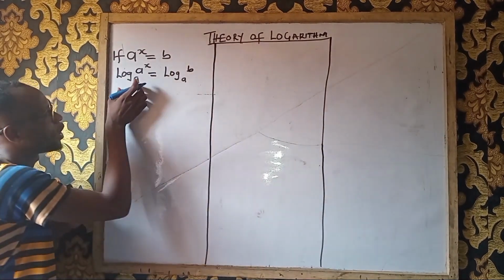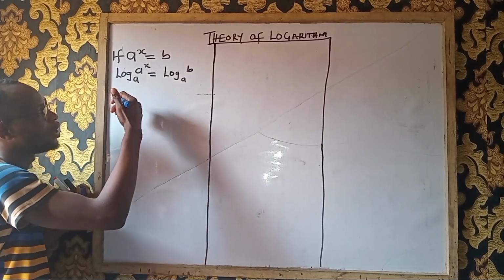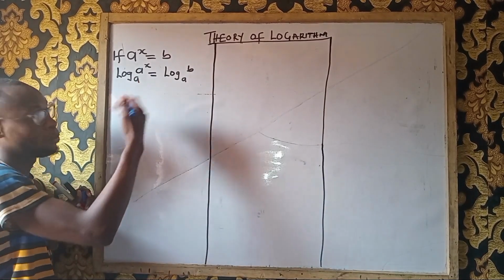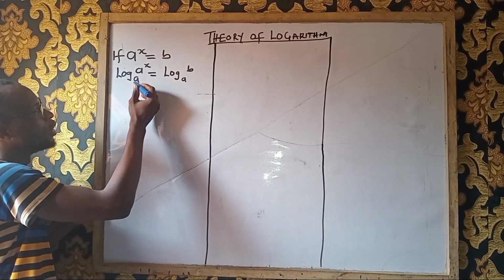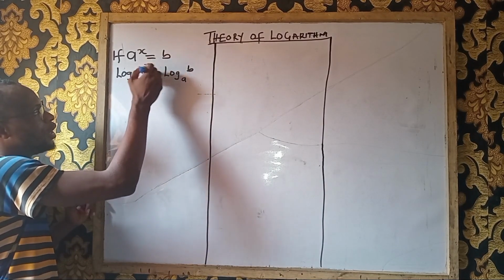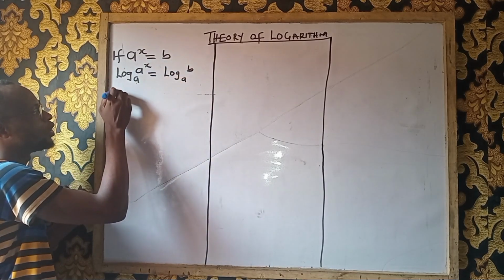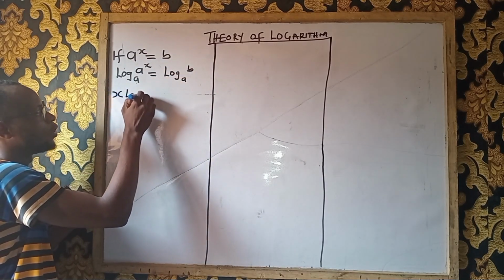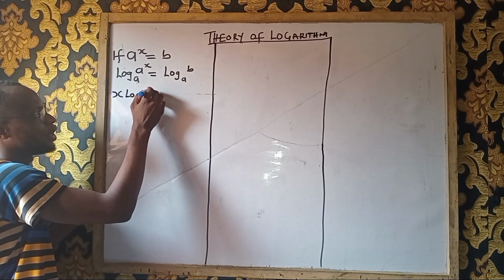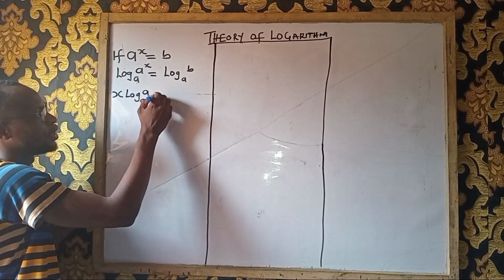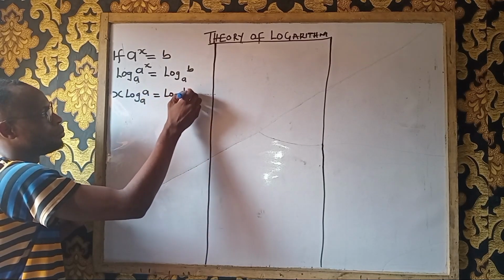So when you have something like this, I usually call it the power law, or you call it the three-step law. We are still coming there. 1, 2, 3. The last power, which is this x here, take it to the back of that log. That will be x log a in base a, is equal to log b in base